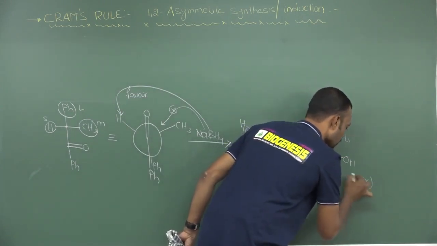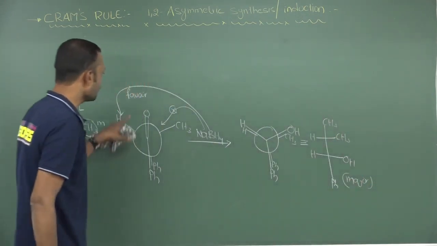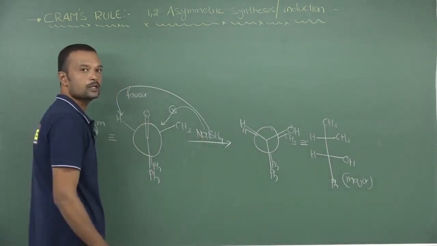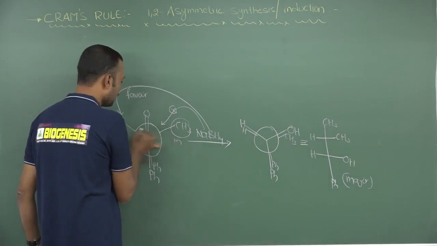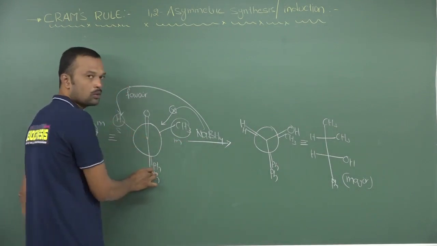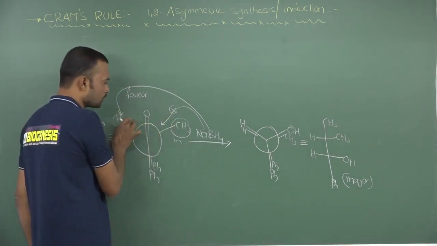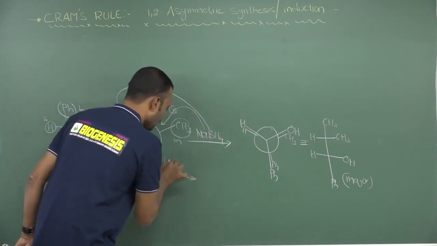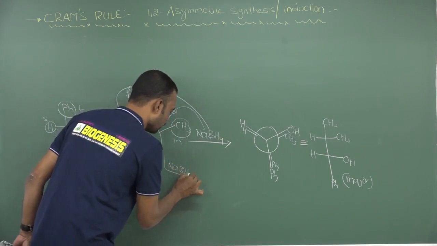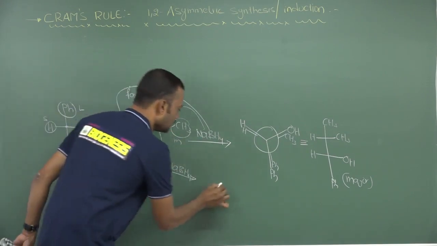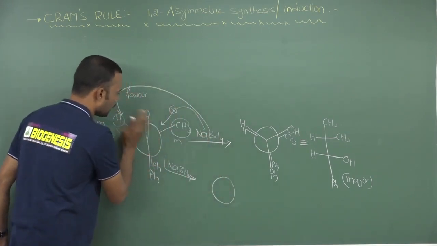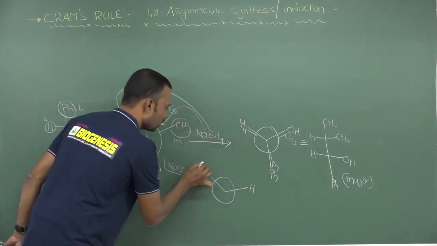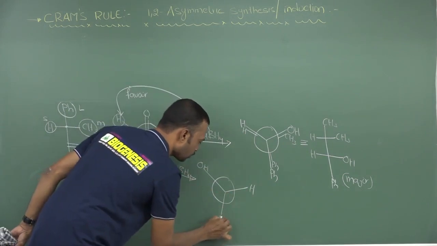Why? Because the nucleophile is approaching from the sterically less hindered face. Suppose the nucleophile approaches from a sterically hindered face: a little bit hindered, this is medium, and here completely small. It won't approach from the large side. It will approach from either this side or this side. Suppose the nucleophile approaches from closer to the medium group, now NaBH4 will attack from the medium side. See, it will attack on this. Now hydroxy goes to the left side. Okay, this is hydrogen. Now here hydroxy will come after taking a proton from the aqueous medium.